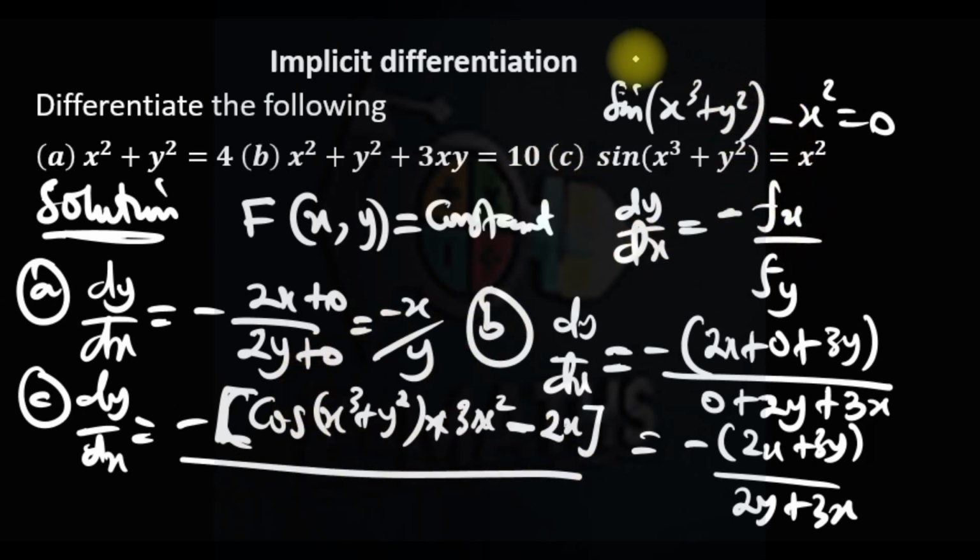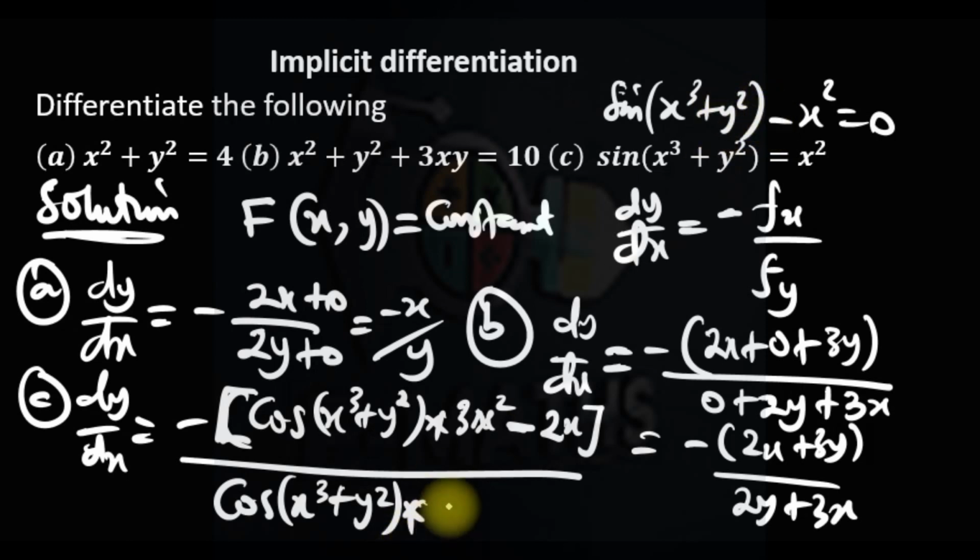That same logic, if you differentiate sine, it is cos of (x cubed plus y squared) times the derivative of inside, which is 2y, because x is now a constant, minus 0. So the final answer is